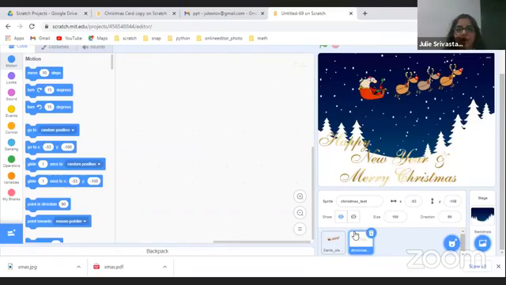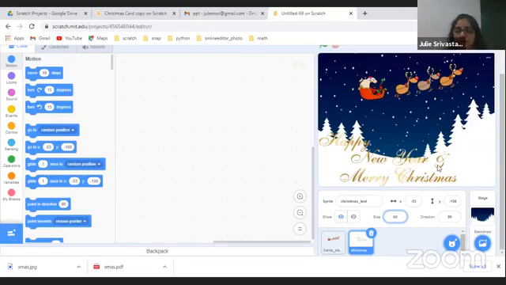The text is pretty big, so we are going to make it smaller. Just above the sprite, you have something called the size. We're going to reduce the size of the text to 50. I think we will make it 70. We can make it 70 or 60.